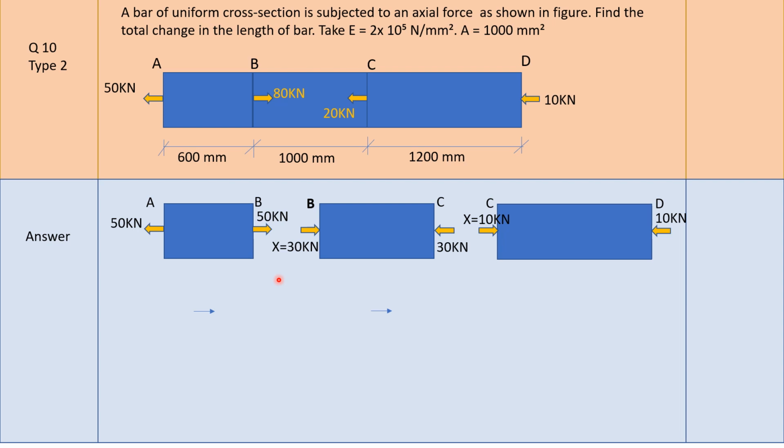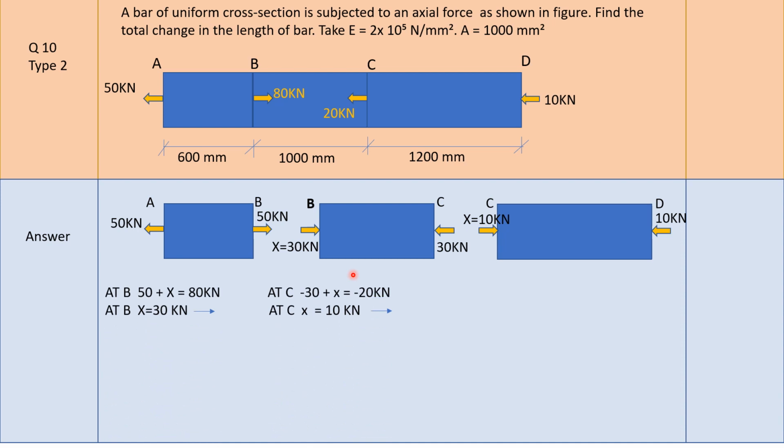This is how you first draw the free body diagram for the AB, BC and CD, and you have to see that if this is 50 tensile here also 50 tensile, here this is 30 compressive, here also this is 30 compressive, here it is 10 compressive and here also it is 10 compressive or pushing force. So this is how they must balance, this figure and this figure, they must balance each other and the arrows in opposite direction. Then only sigma fx becomes 0 and the body is in equilibrium.